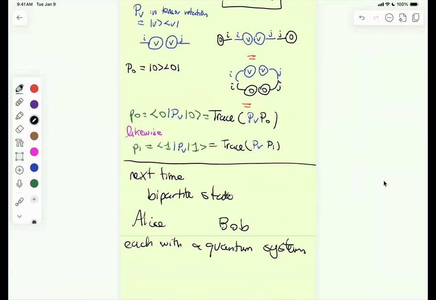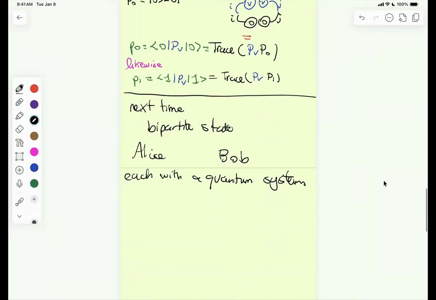And then the question is, what is the vector that describes the composite, the overall system? And that has to be a vector in the tensor product of the corresponding vector spaces. So the vector that describes the system for Alice and Bob, the composite system, the total system,